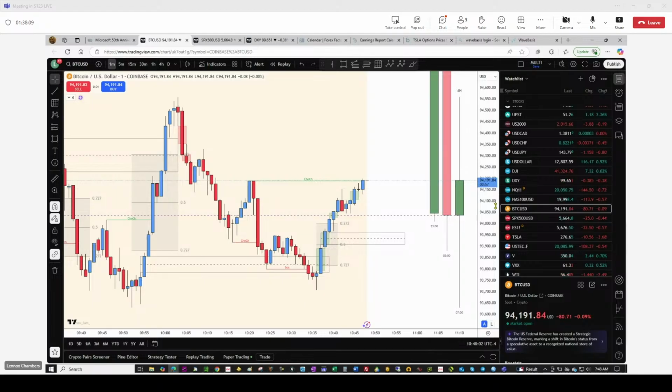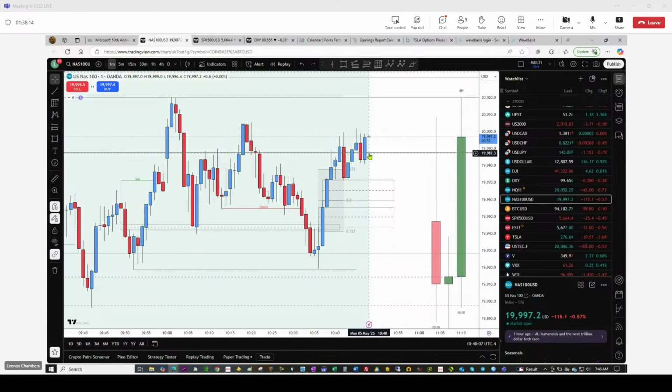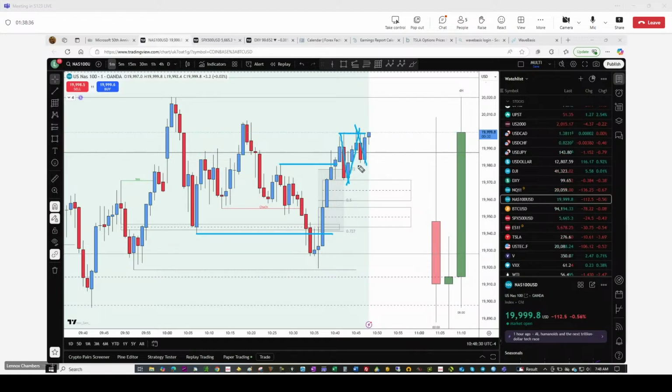That's Bitcoin, NAS. NAS is trying, eh? Yeah, it's a try, but it's struggling. So we did get the pullback on the NAS after sweep. Well, we got a fairly good pullback on this last time, and now we sweep again, and we should be pulling back. Sweeping, but I'm not even sure it's going to take out the